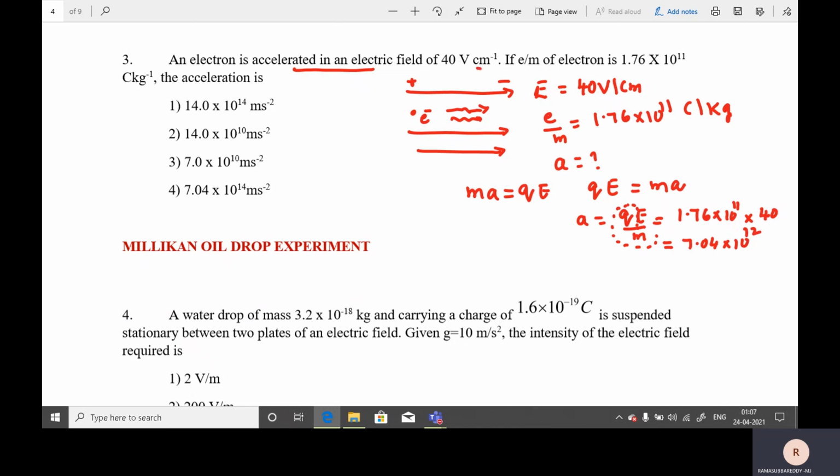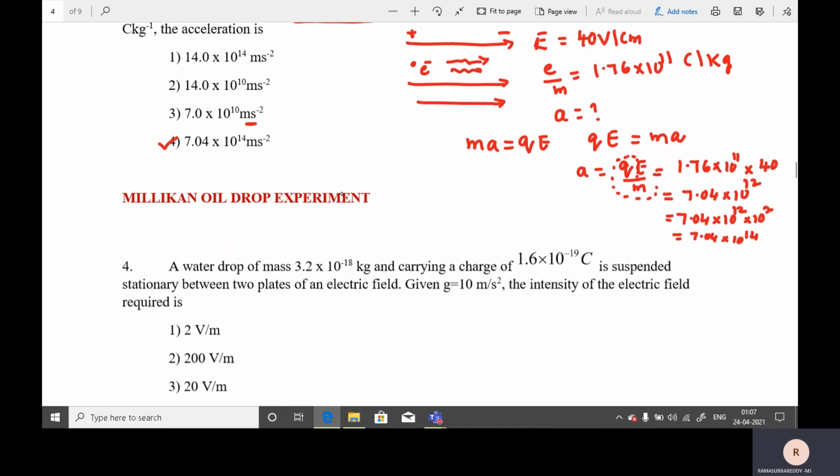Actually here it is in centimeter, here it is meter. If you want to convert this one, 7.04 into 10 to the power of 12 into 10 squared, then 7.04 into 10 to the power of 14. Hence our option 4 is correct one. Clear? Next,